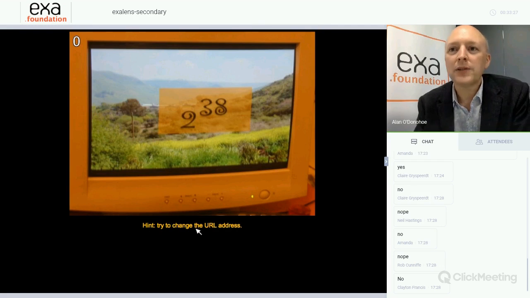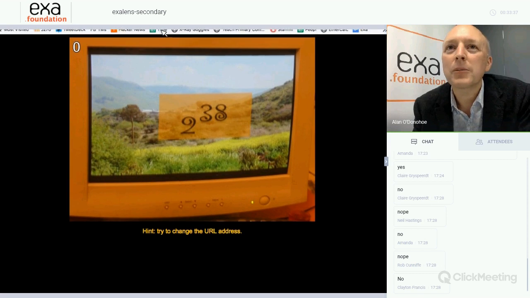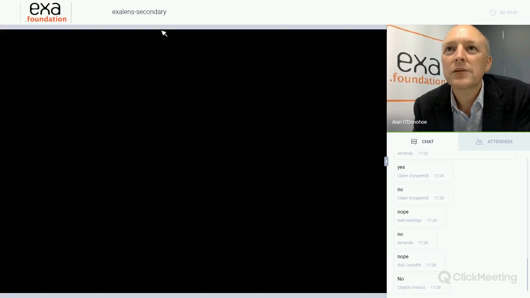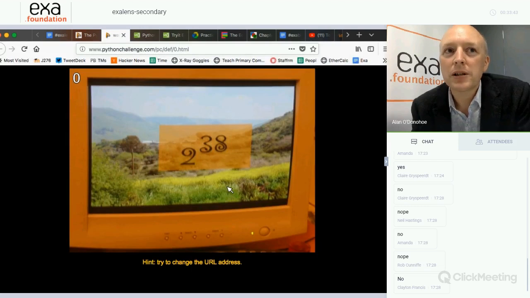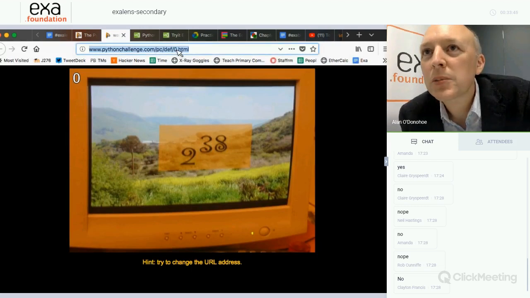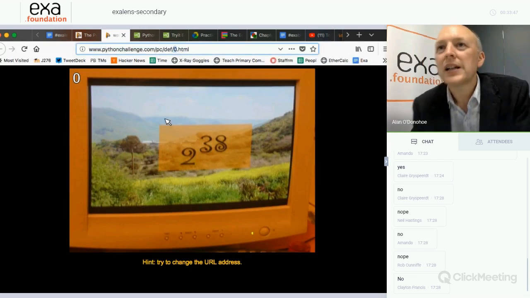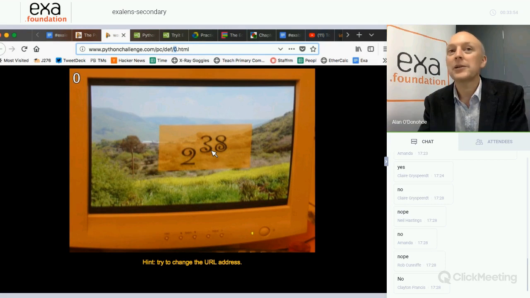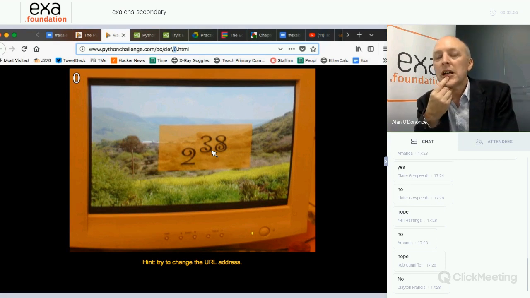What you have to do is try to change the URL address. It says 2 to the power of 38. Now, if you can work out what 2 to the power of 38 is, oh, hang on, let me just slide this down so you can read that. It gives you a clue. And I don't know if you've noticed, but there's a 0 here in the URL. And if you can work out what 2 to the power of 38 is, now, there is a Python function